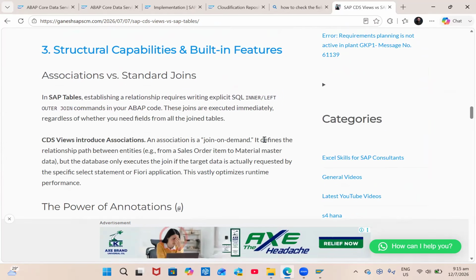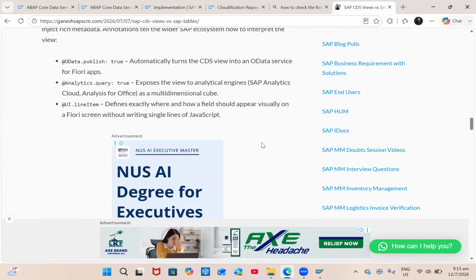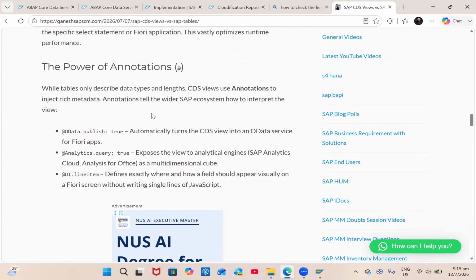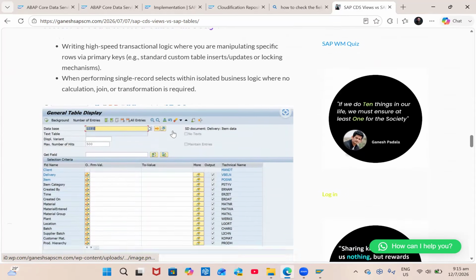So you can see structural capabilities. How are CDS views introduced, and what are these annotations? Okay, how are these things working? You can definitely